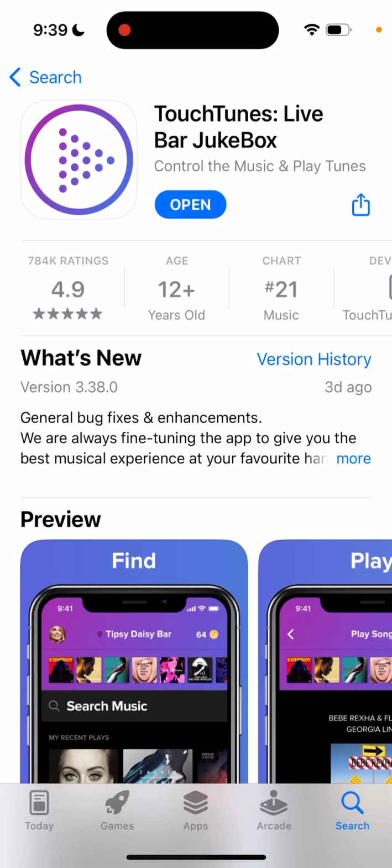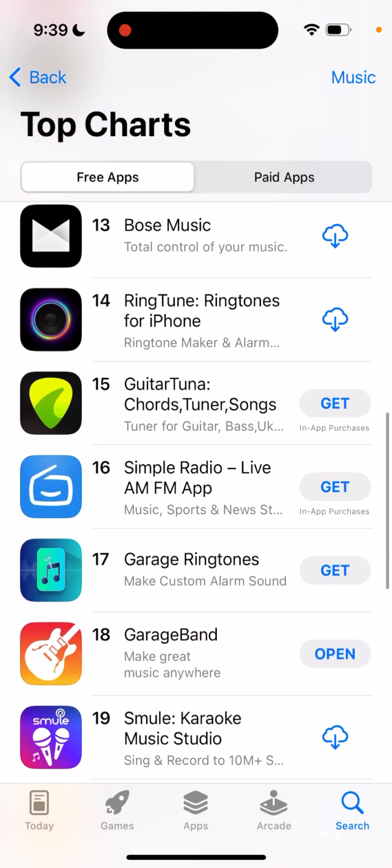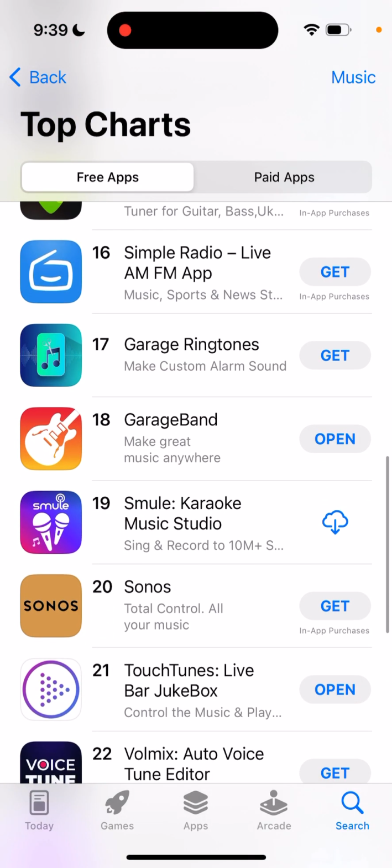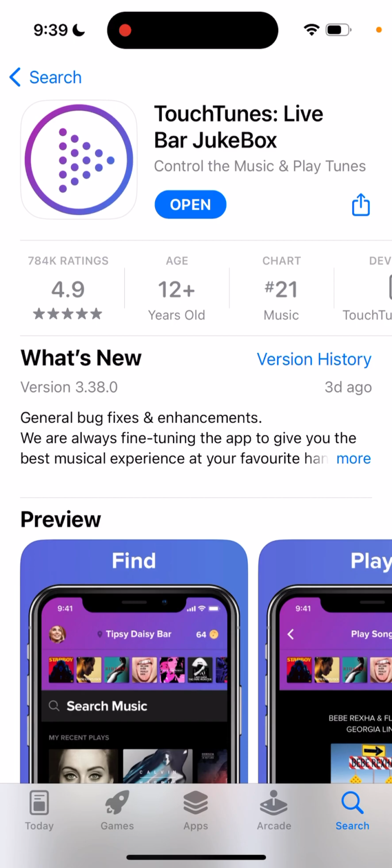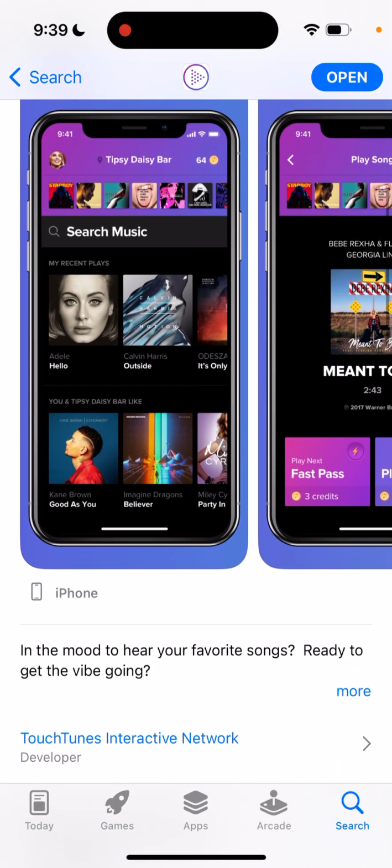So what is the TouchTunes app? It's quite popular. As you can see, it's in top charts in the music category. This app allows you to play songs on jukeboxes in different restaurants, bars, and areas around the United States,